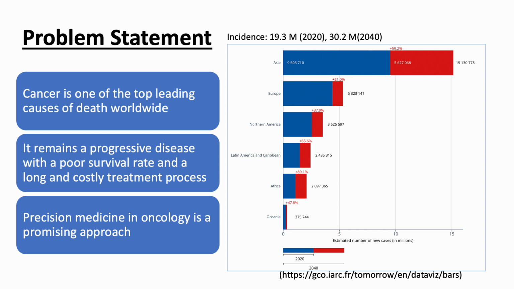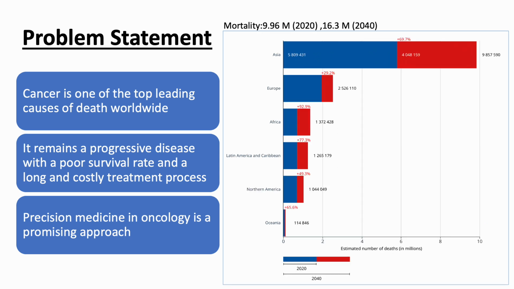A similar trend is seen also in cancer mortality. In 2020, nearly 10 million people died of cancer. This number is projected to rise to 16.3 million in 2040. It's clear that cancer still remains a progressive disease with a poor survival rate, and the treatment process is often